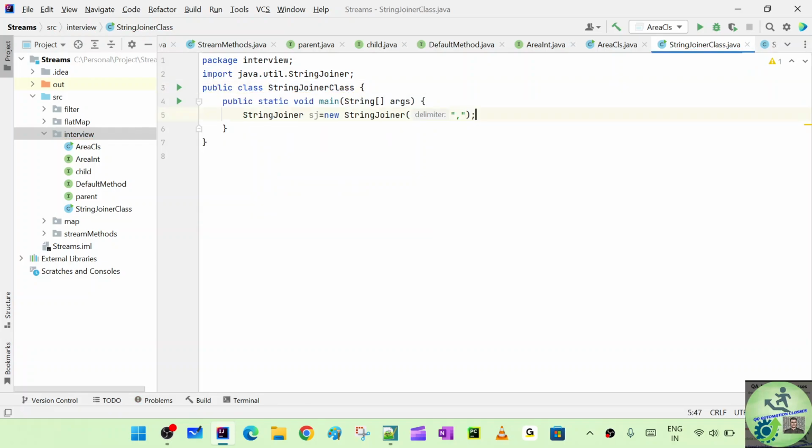So now what we are saying here: StringJoiner sj equals new StringJoiner, the delimiter is comma,